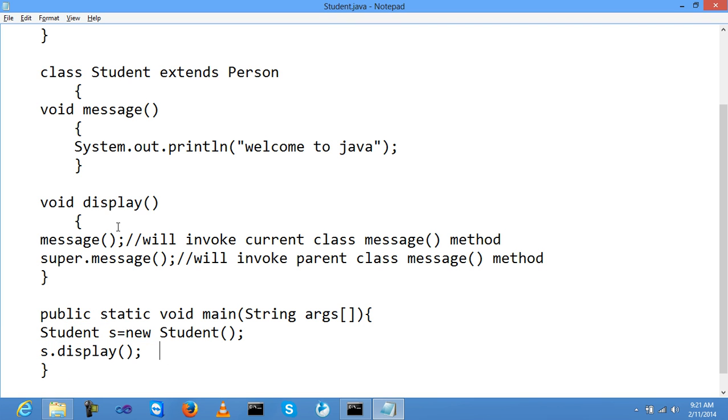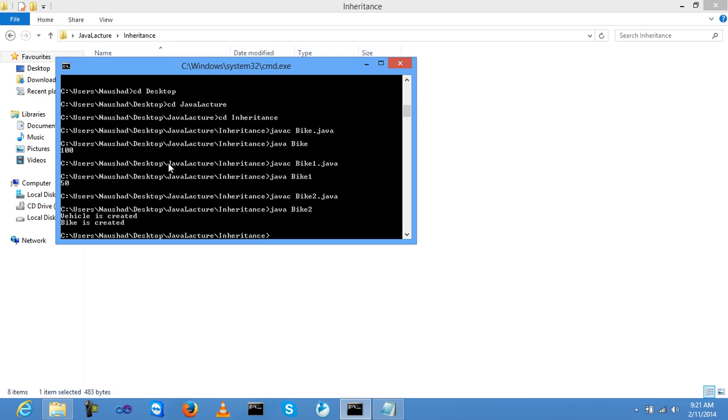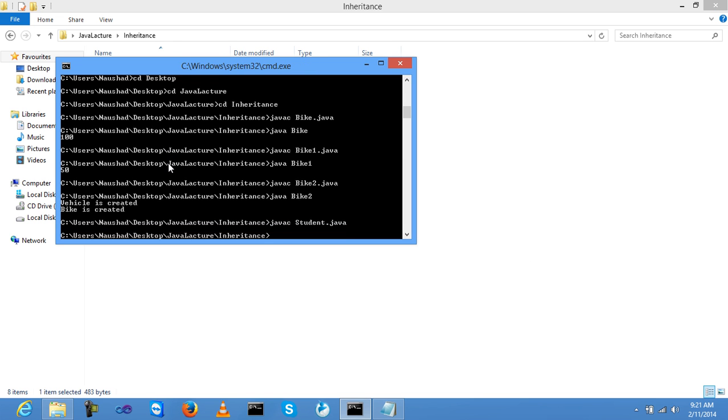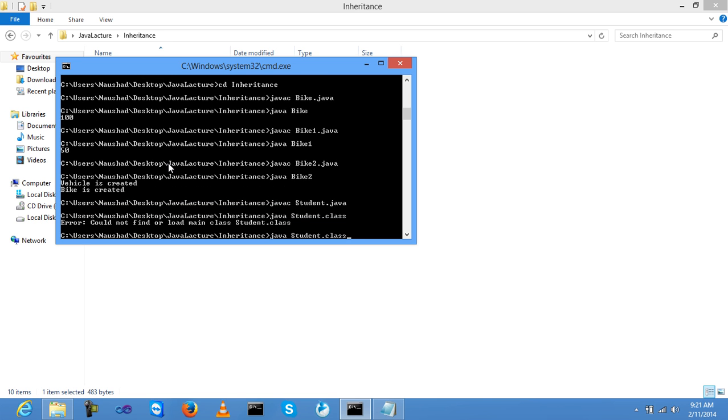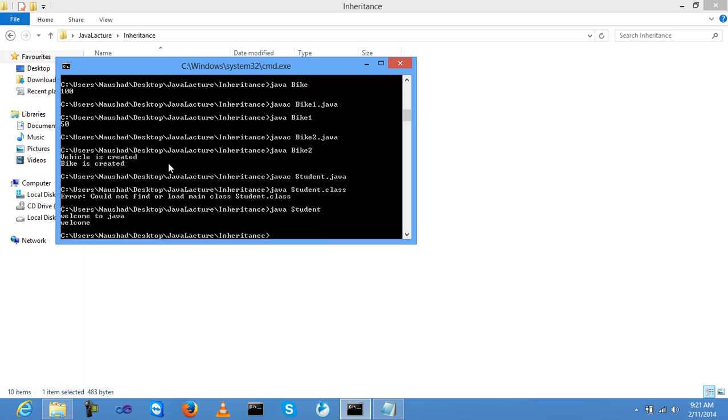Now save this program with the class name Student, because this is my main class with the main function inside. I have already saved. Just run this program: javac Student.java and java Student. It prints welcome to Java and welcome.